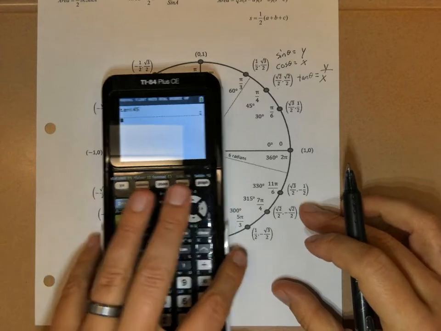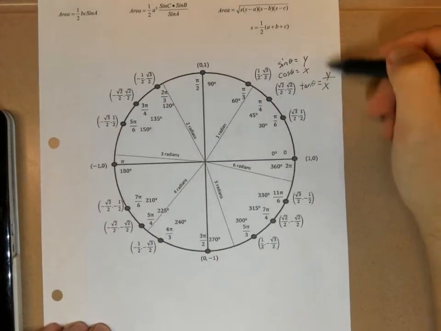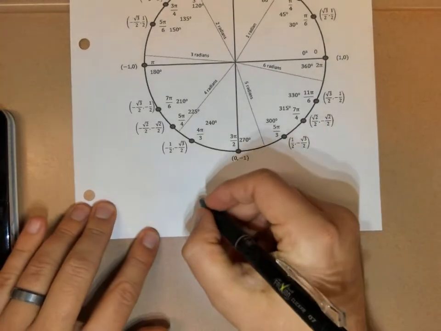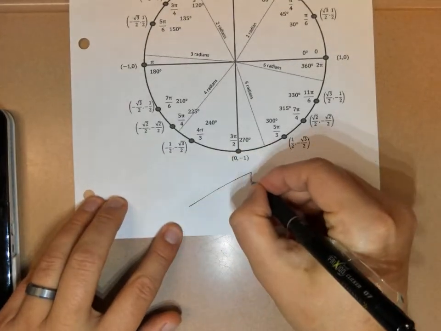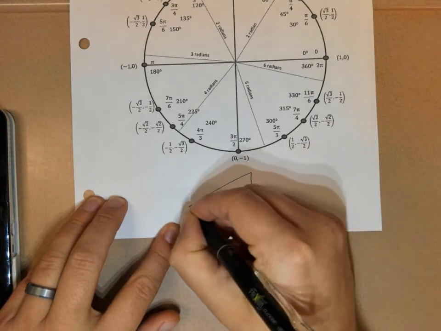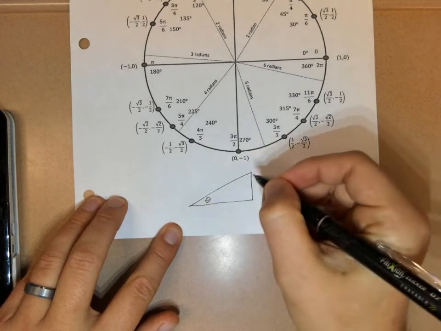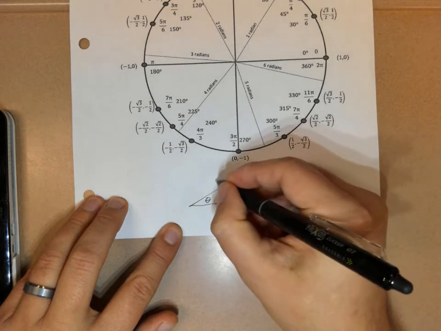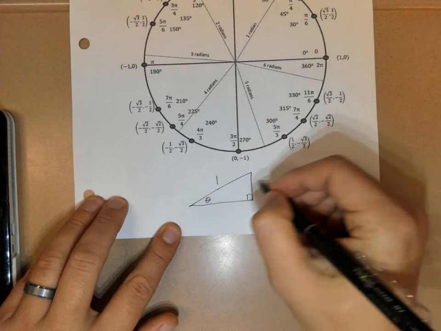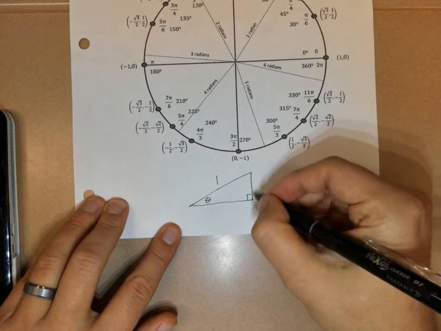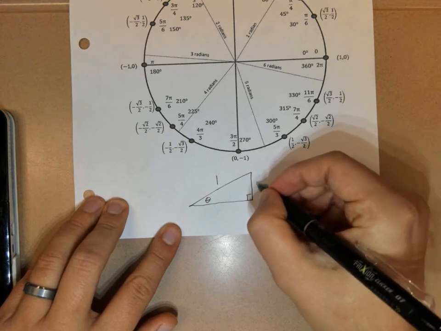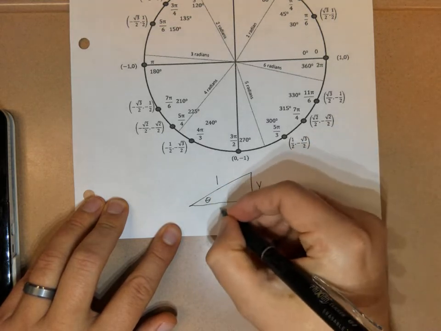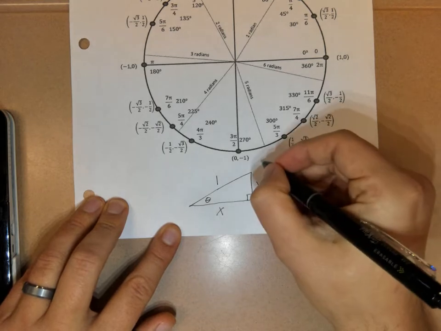If you ever forget this setup, there is something you can do, which is to make a triangle out of this. If I set up my triangle, I know that my radius is my hypotenuse, which is 1. Then looking at this triangle, I know that the y-axis goes vertically, so this is going to be my y. And the x-axis goes horizontally, so this will be my x. And now if you use